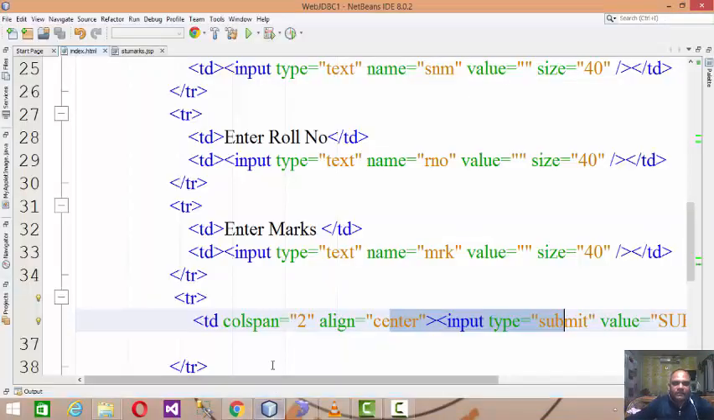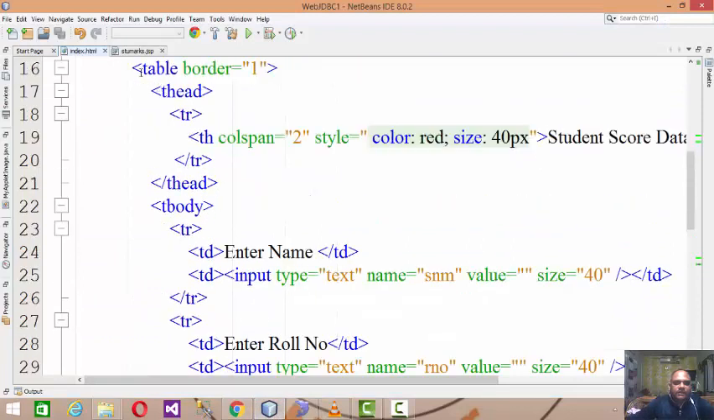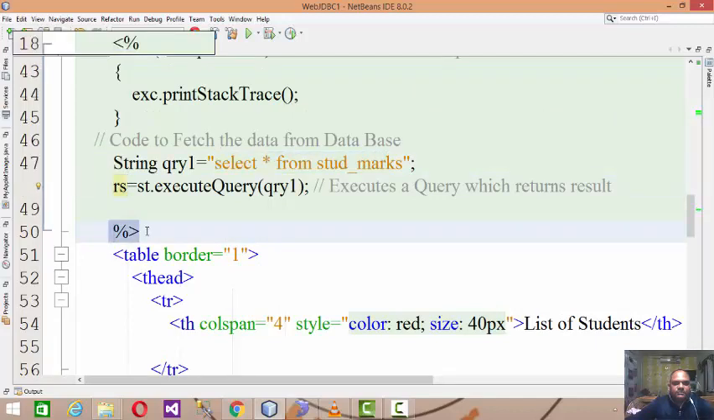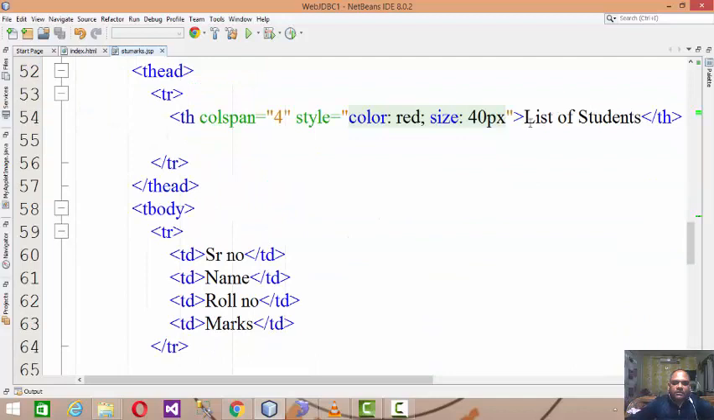I'll refer to the code again. Here the slightly complex part is this: you process the select star from student marks query and develop the result set, then you close your JSP tag because I have to generate a table now, and table generation is again in HTML. So I wrote the title as a list of the students,